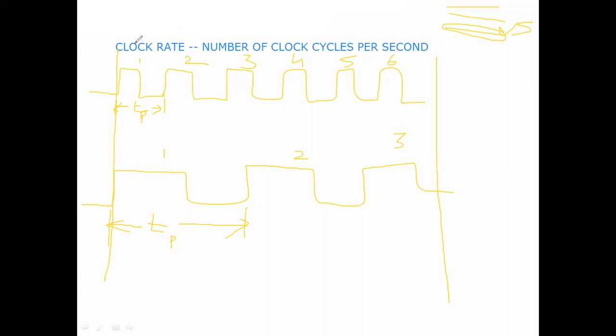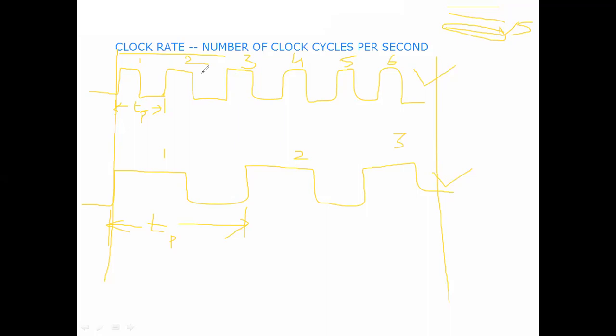In designing IC technology, by using logic gates, we try to reduce the clock period. Two basic steps are there. One is using logic gates to reduce the clock period. So based on the clock rate, the performance varies. Here only 3 steps are covered; if TP is less, then 6 steps are covered. That means within less time we get the output.